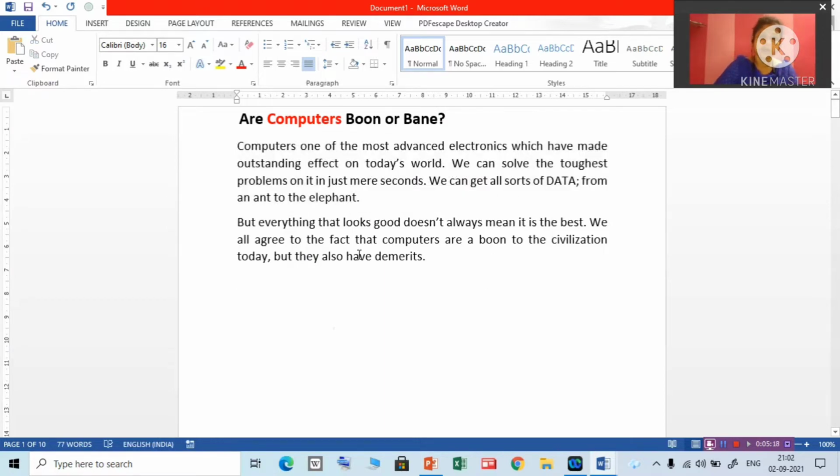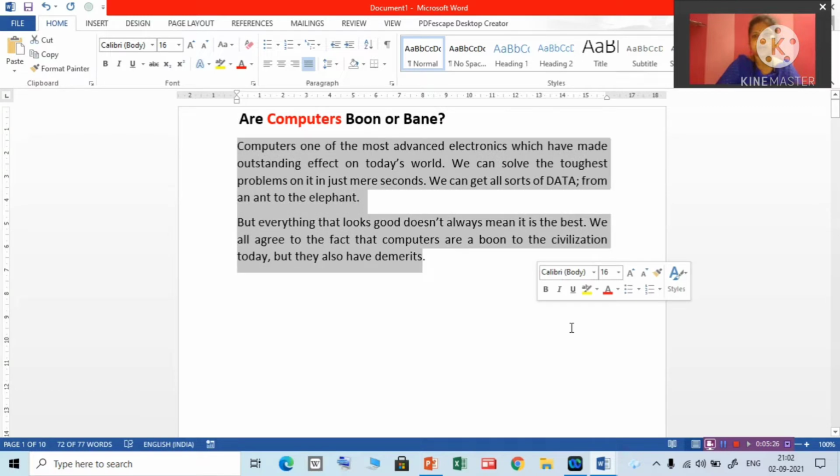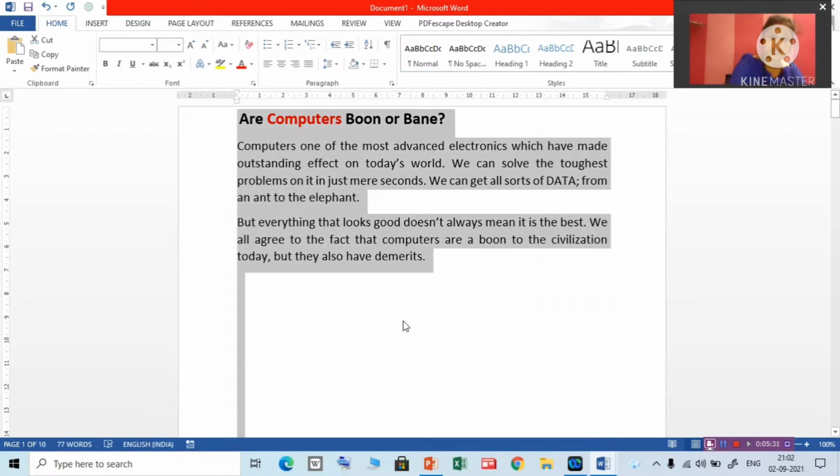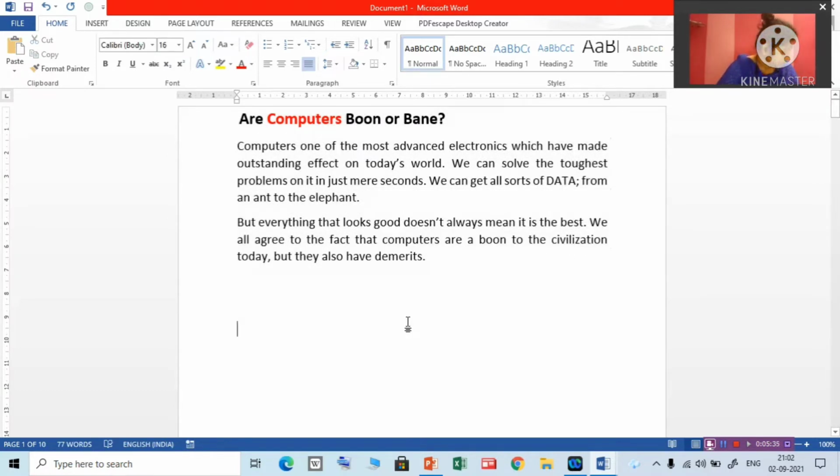Okay, so next, a large block of text. Suppose a large block of text you have to select, then click at the beginning, press the shift key and click at the end, and that block will be selected. For the entire document, press Ctrl plus A keys together, so the whole document will be selected. Okay, then contiguous text, suppose two or three words you want to select, you keep the cursor at the beginning, press the shift key and click at the end, and that will be selected.